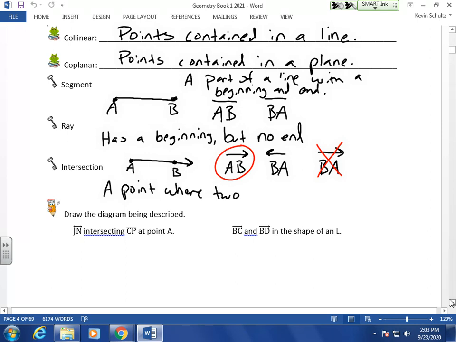where 2, and I do this a lot, segments, rays, lines. Rather than writing all 3 words out, I just use SRL. That stands for segments, rays, lines, because it's talking about all of them. But it's a point where 2 segments, rays, lines meet or cross or intersect. So if we had segments